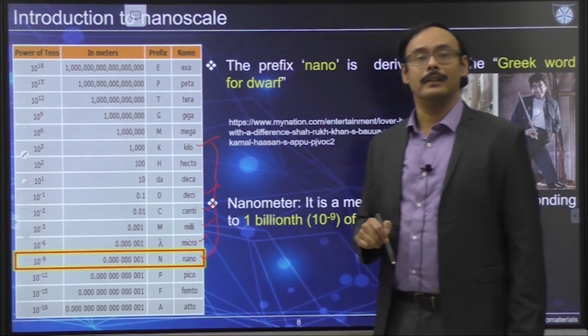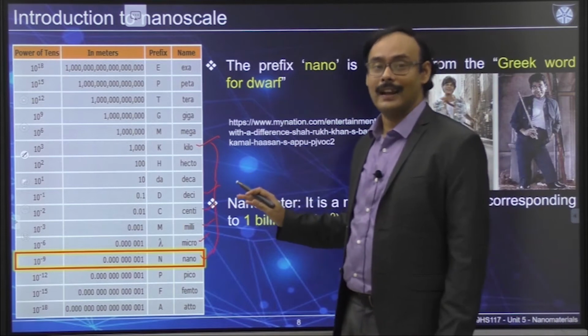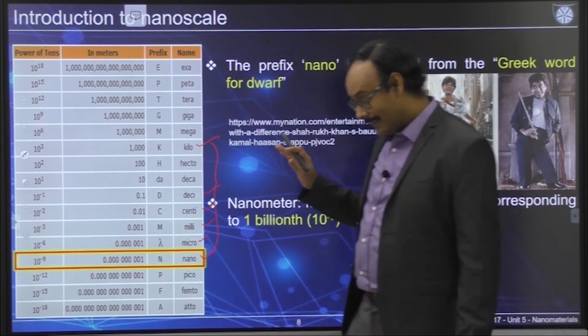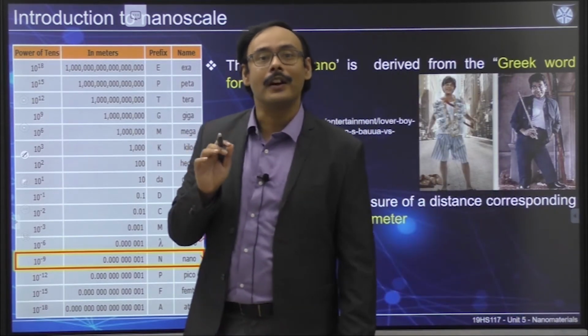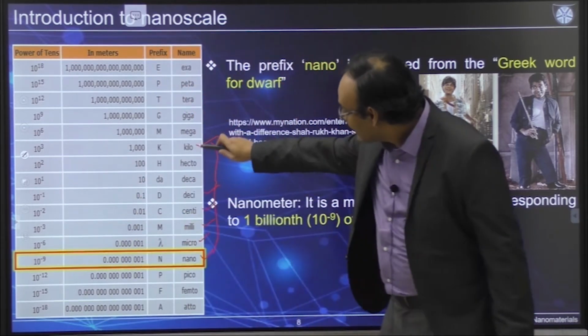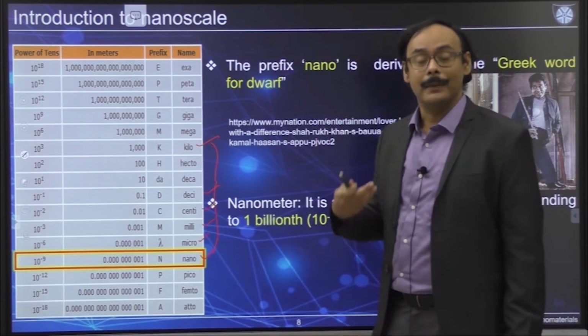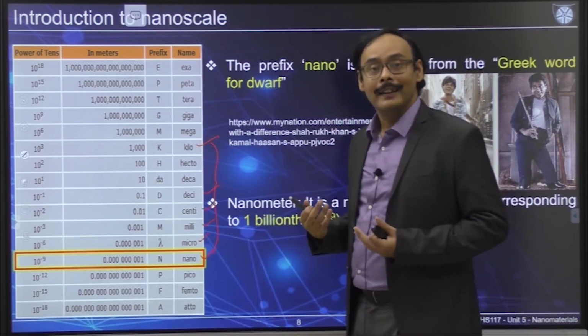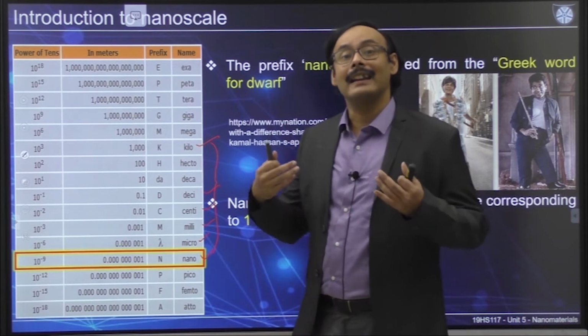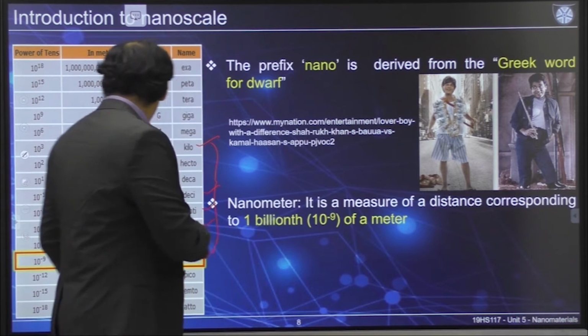it's that small. So this is something that you really need to understand, because the beauty of nanoscience is that once you start going down in size, their property changes. Their property changes in such a way that we can get novel applications out of it. So that's very important.